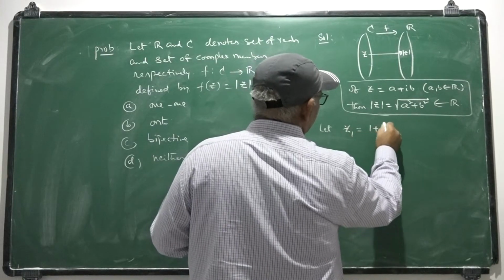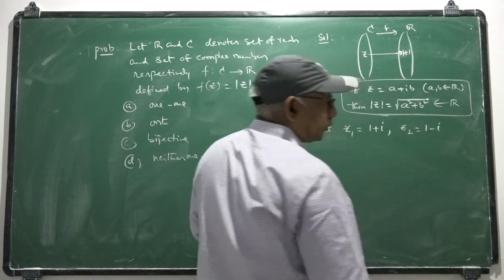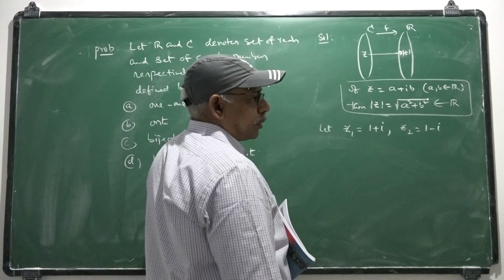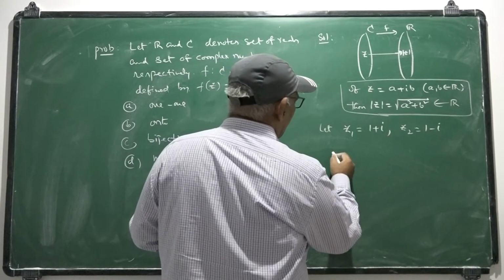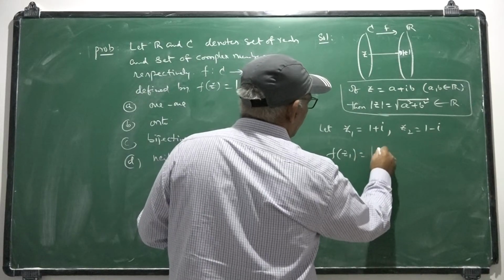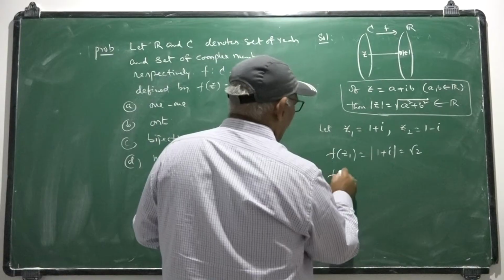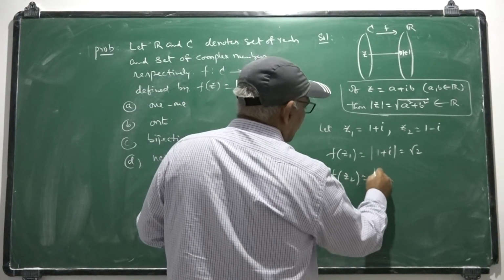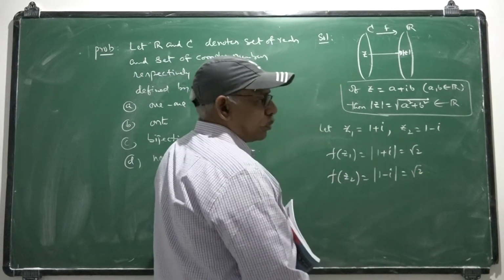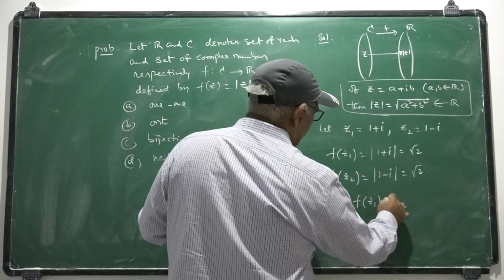Let z1 is 1 plus i, z2 is 1 minus i. Taking z1 as 1 plus i and z2 as 1 minus i, f of z1 is modulus of 1 plus i, which takes the value root 2. f of z2 is modulus of 1 minus i, that is also root 2. So, f of z1 equal to f of z2,